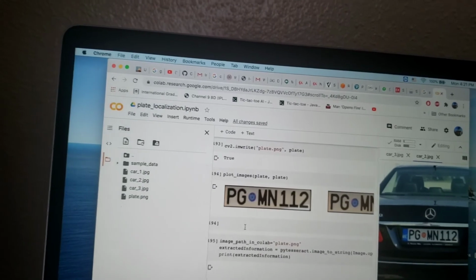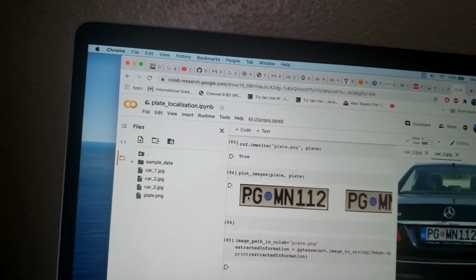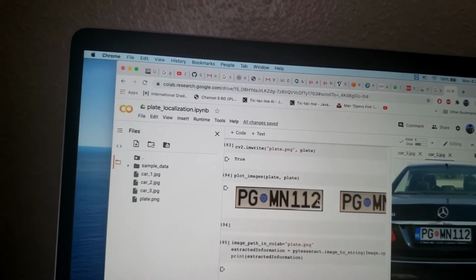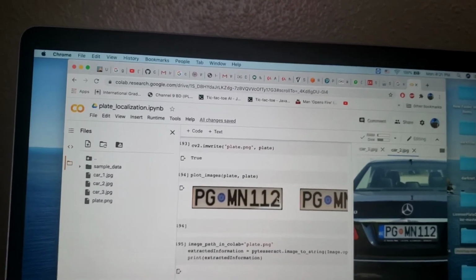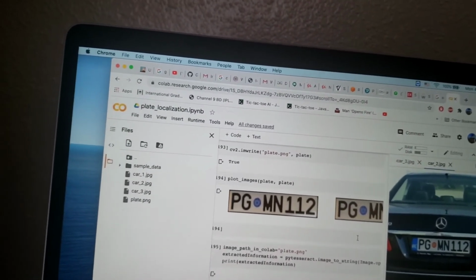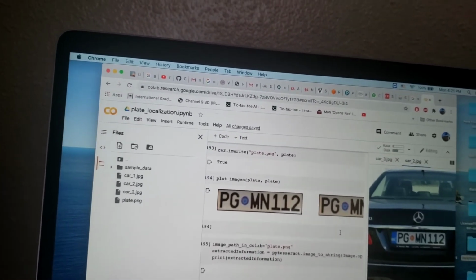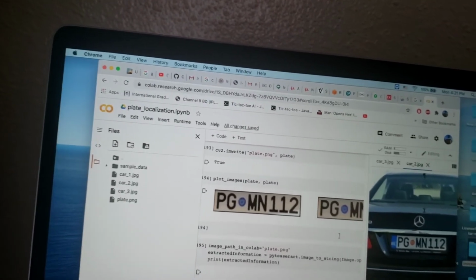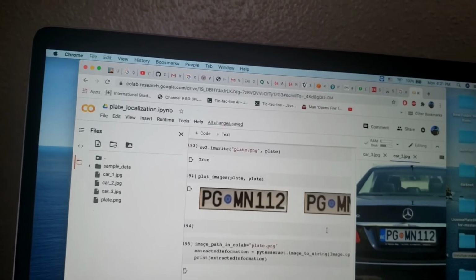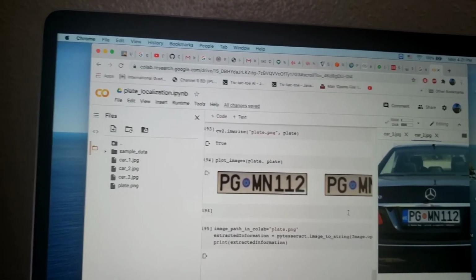It's not our research. We are using PyTesseract or any OCR. Any OCR is good at reading numbers and can easily detect them. So what is our contribution here? We are truncating the number plate from the car. That is our contribution. After that, we hand it to Tesseract, and by using Tesseract we are reading it just like a text or PDF. That is the two modules we are using.